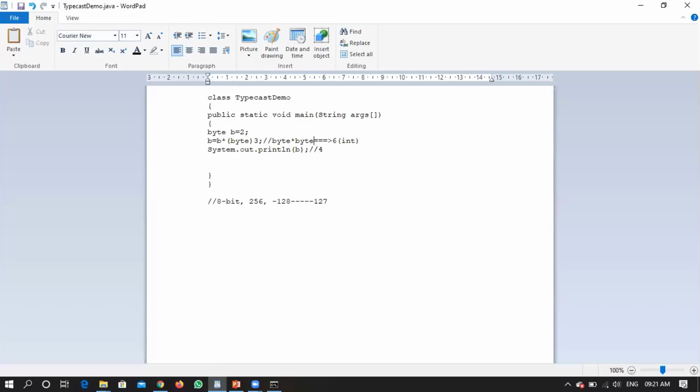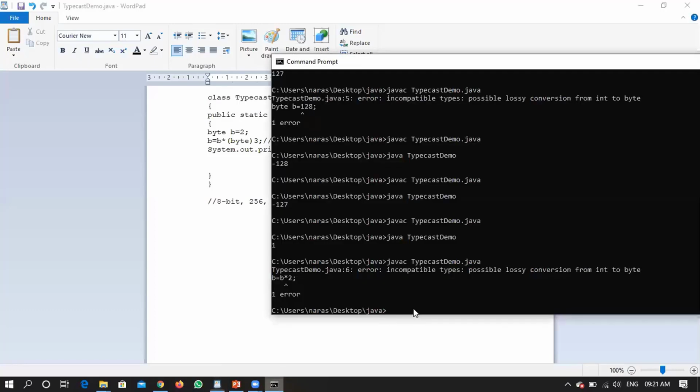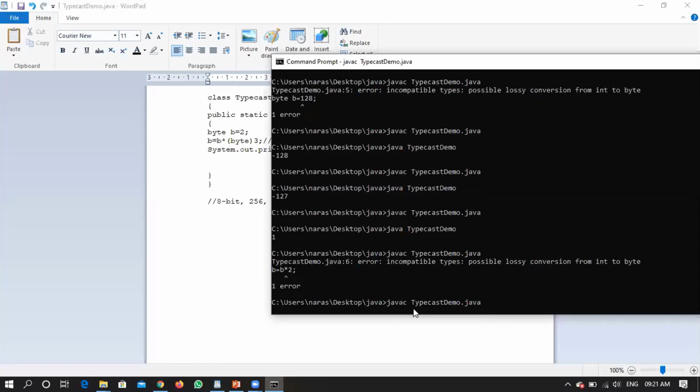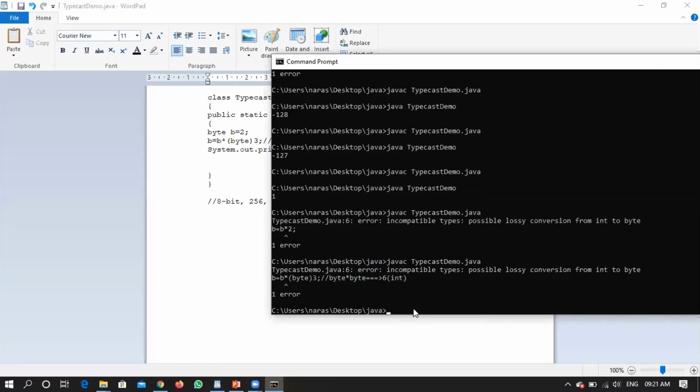Correct? Shall we cross check? In this case, will it print a 6 for us or not? Incompatible types. Byte into byte. I told it to consider it as a byte itself, right?